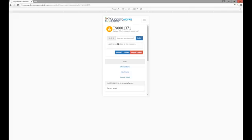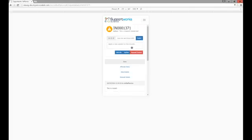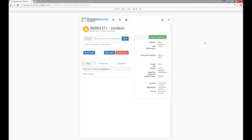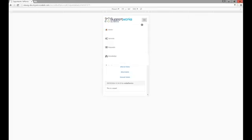We've got the update pane up at the top. We've got the tabs, so we can then look at affected items, attachments, and request details. And that information is all there, accessible. Again, if we go on to an iPad, we can see the information is displayed accordingly. And again, let's go back to an iPhone, and have a look at the